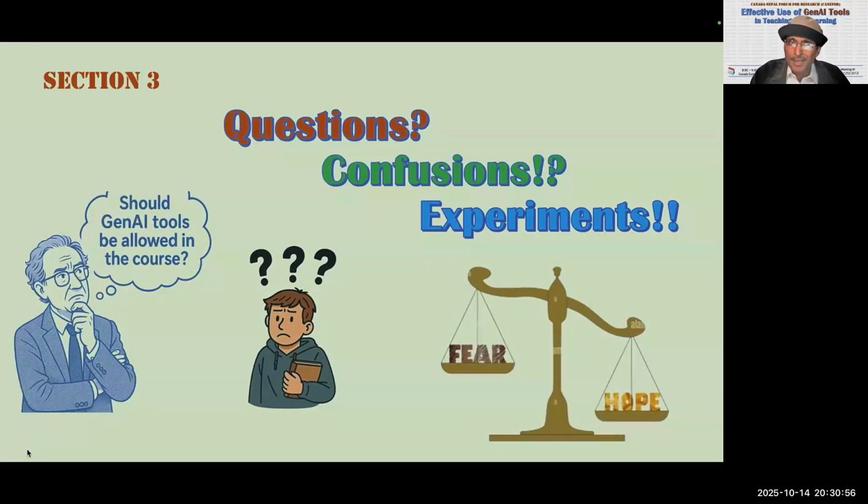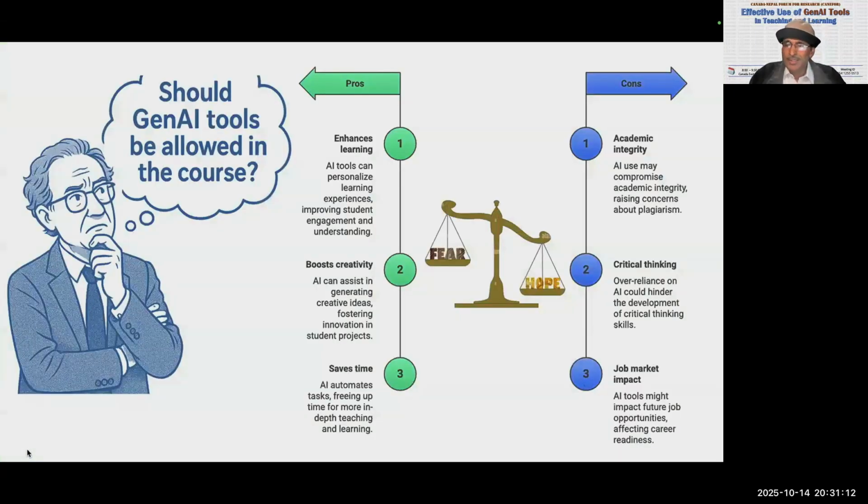Should GenAI tools be allowed in the course? All professors are thinking in a very serious way. And especially senior professors, maybe those who are a little technophobic, they might have been experiencing more difficulties than that. So this question is based on these two hope and fear-driven motives. Hope is that